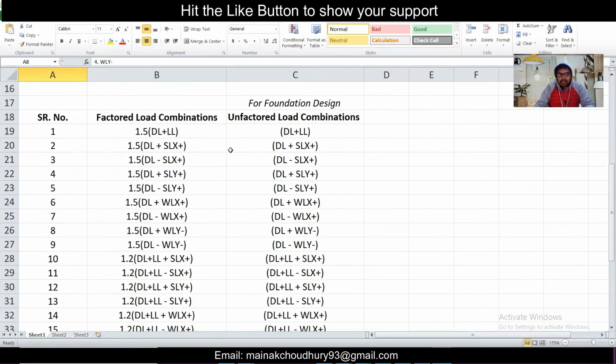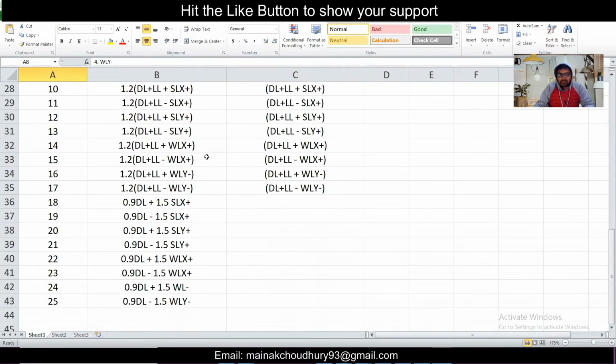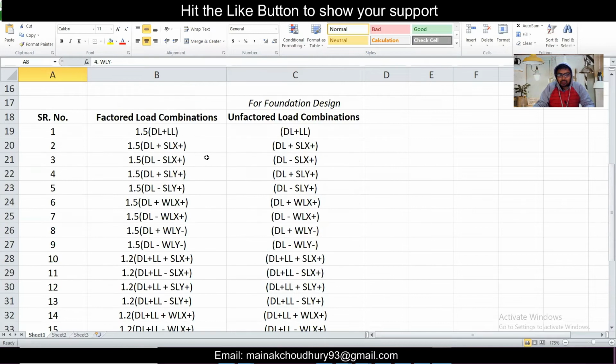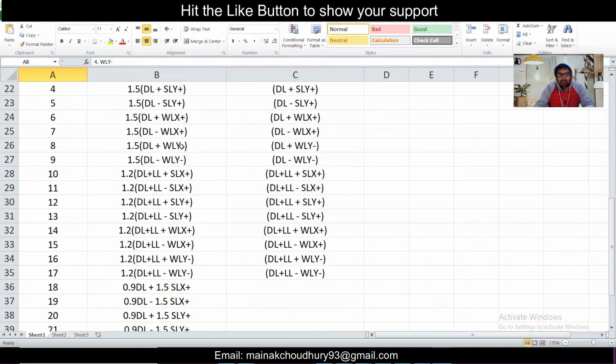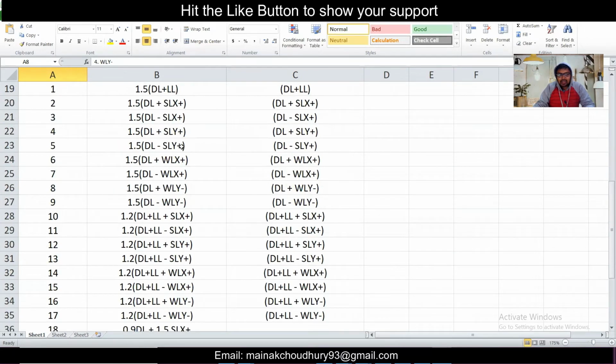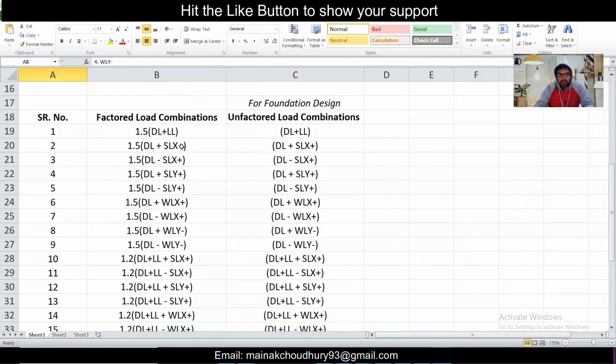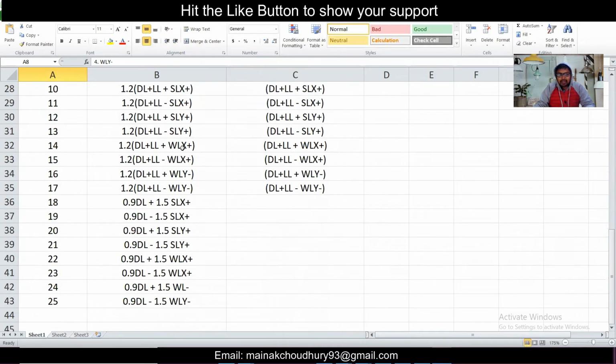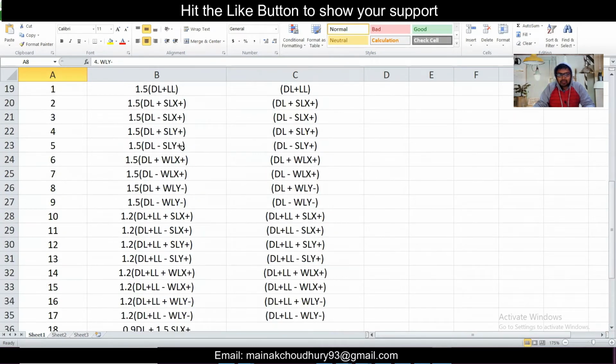Like this, we have these load combinations. There are 25 types of load combinations which you can possibly make, as you can see, with the help of your dead load, live load, seismic load, and wind load. So you can take a screenshot of this by pausing the video at this point and at this point, so that we can proceed.